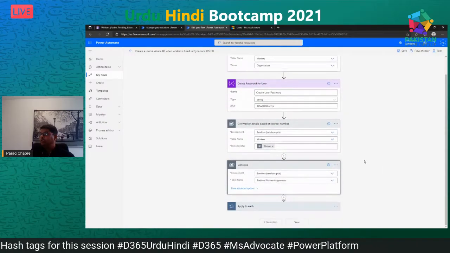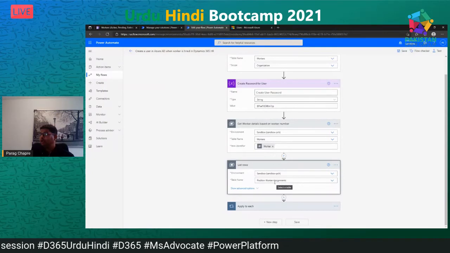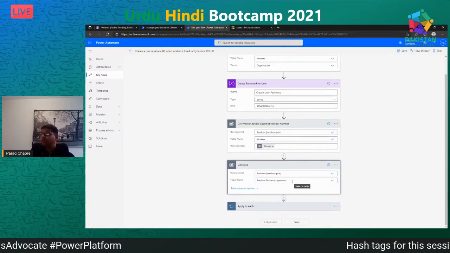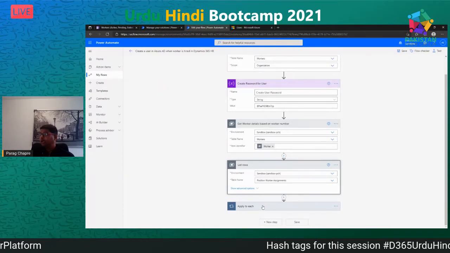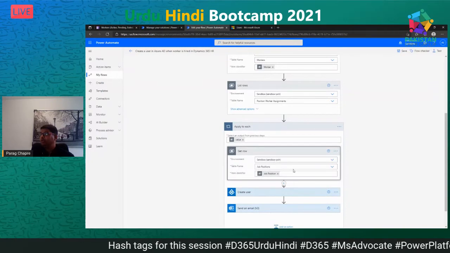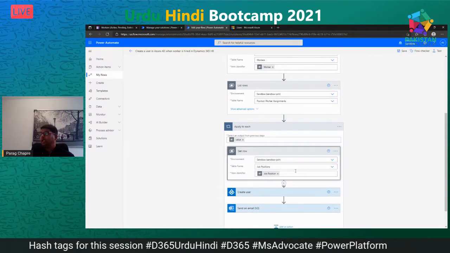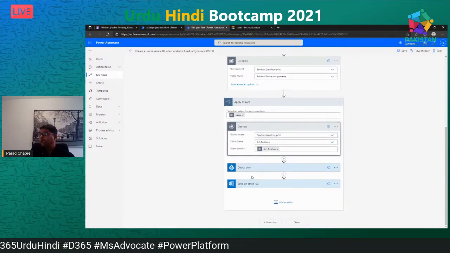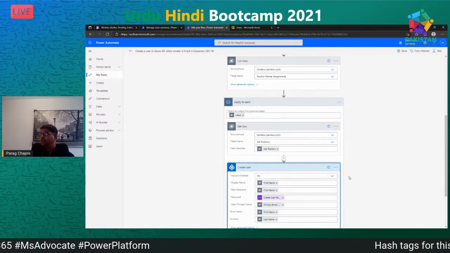Here it will list down all the information from worker position worker assignment, such as the parent position, child position, and based on position worker assignment, you will get the information from job position like department, job title, job function, and then it will create a user in Azure AD.